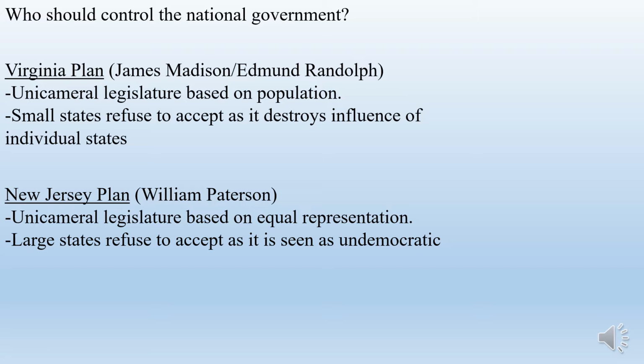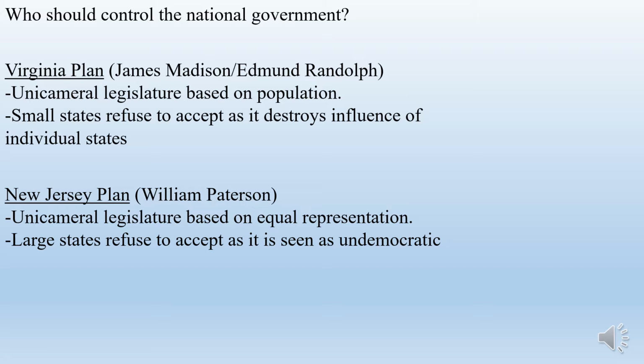Essentially, a state could have anywhere from 3 to 7 members in the legislature, but each state would only vote one time. So now the question is, should we continue on with that plan, or should we do something